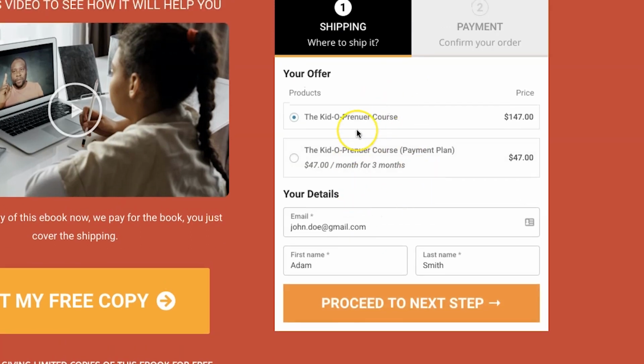Right, so now here's what we additionally want to do. As you can see, one of the options is selected by default. So we want to decide which option is selected by default. In addition to that, we also want to write some description, explaining what is part of this plan right here. We also want to be able to highlight one of the options as the best value option. So let's see how we can do all of that from the fields tab.